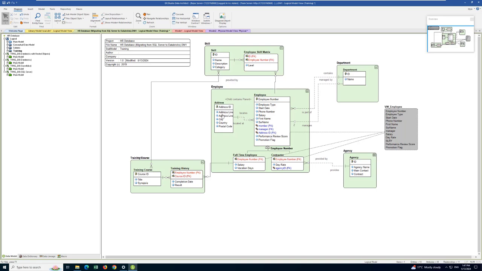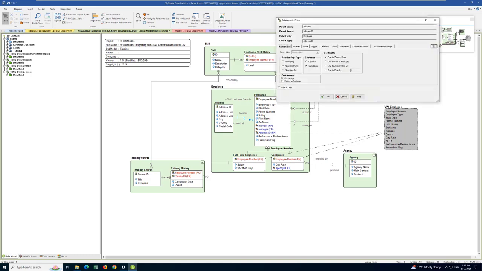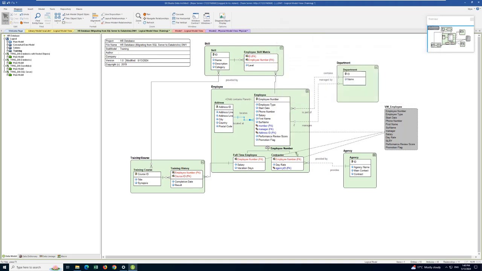So here in this logical model, we can see that we've got an address object, which is related to our employee. Now to improve performance, rather than creating addresses as a separate table and then being able to read addresses for employees through a join, we're going to nest address inside employee to improve that performance. In our logical model, we can include a containment flag against the relationship and the direction of the containment. In this case, our employee contains our address. Now if I generate any system in Data Architect that supports nesting or hierarchical structures, it will automatically nest address inside employee. So if we generate a physical model for this right now,